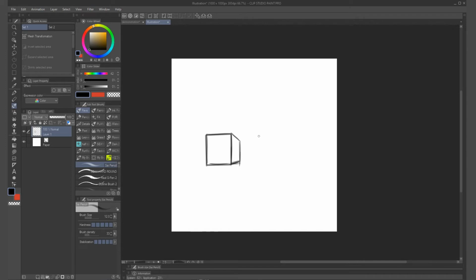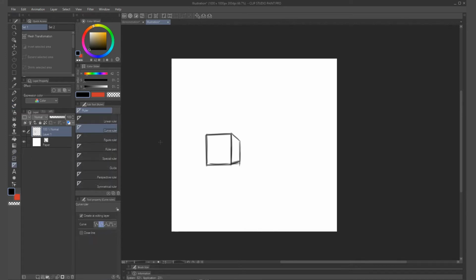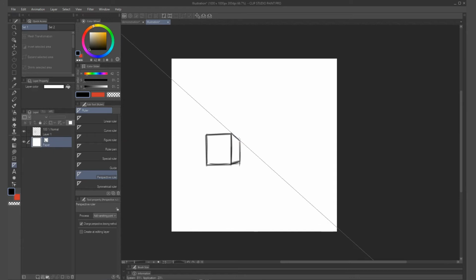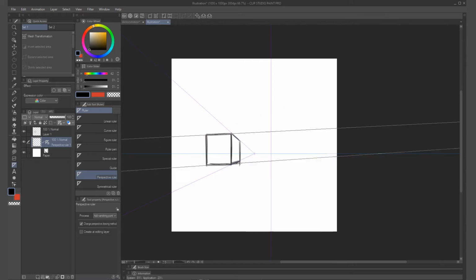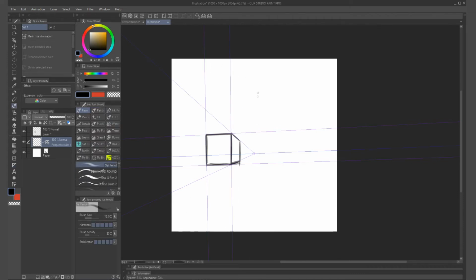There are two kinds of perspective rulers. The first kind you use by going down to the ruler button, then selecting perspective ruler. You are able to draw lines to set different vanishing points. So for 1 point perspective, 2 point perspective, and 3 point perspective. When you draw with these, it automatically snaps your lines, so you can easily create 3D boxes.